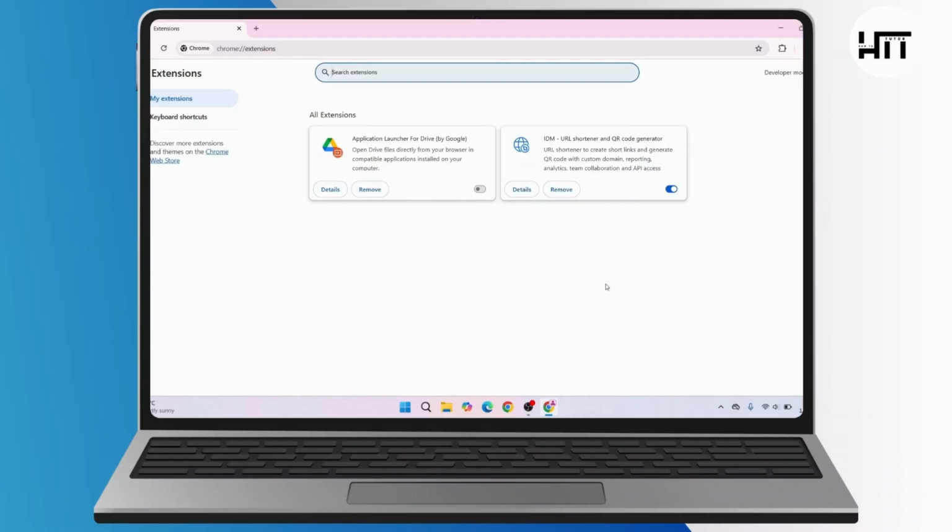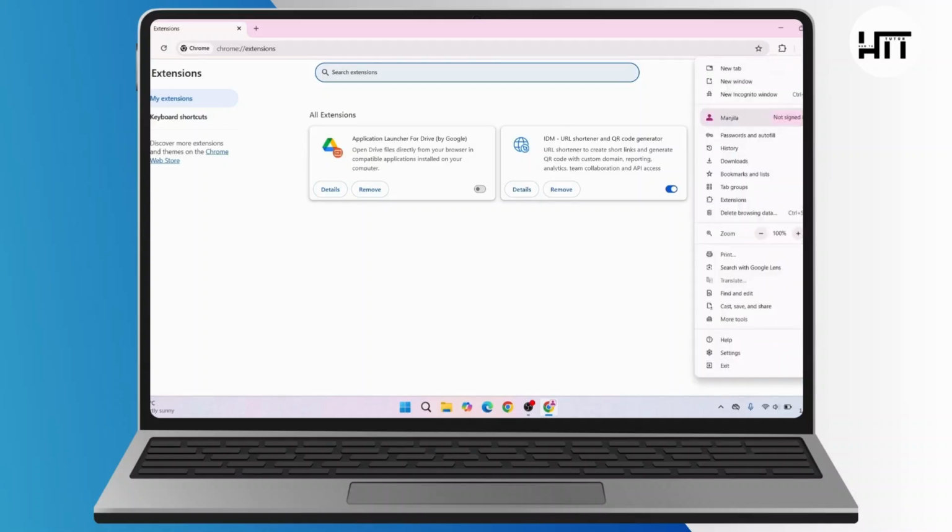If that still does not help you, then you can clear Chrome cache and cookies. Sometimes cache issues can interfere with IDM integration. So for that, you have to go to the three dot icon at the top right, and here go to delete browsing data,